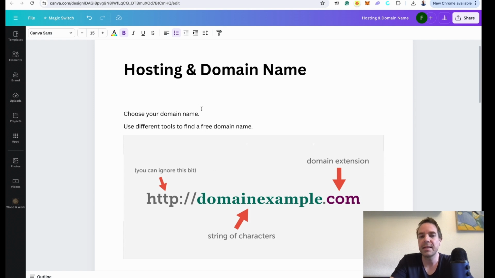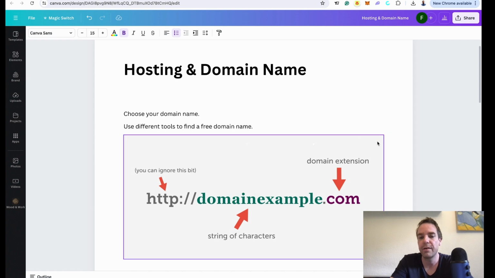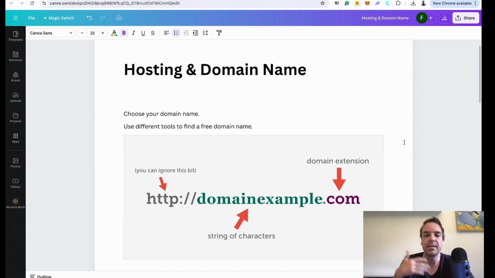So let's get started. The first thing is, if you want to build a new WordPress website or an e-commerce store with WordPress, then you must decide on the domain name that you want to choose. There are different tools that you can use to find a free domain name. Of course, you have to find a domain name that is free, that you can register, for example, yourcompany.com